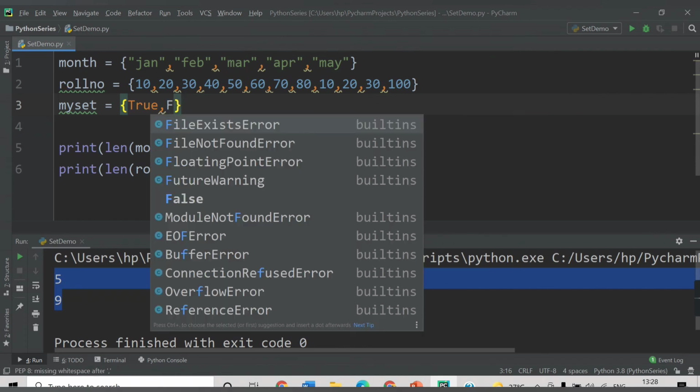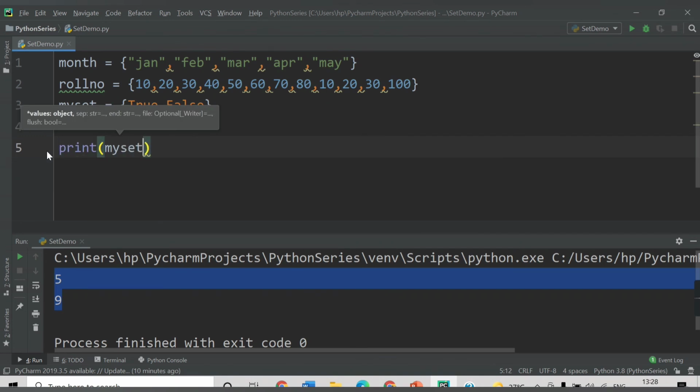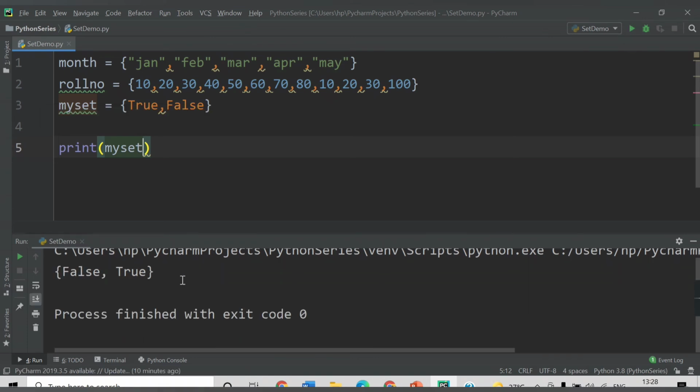For boolean values, the F and T of both True and False should be capital. And let's try to print now mySet. Print mySet. Save this. So see, we are getting here False and True. If you see, for two values also it is not ordered: we have provided True then False, but it is printing False then True.